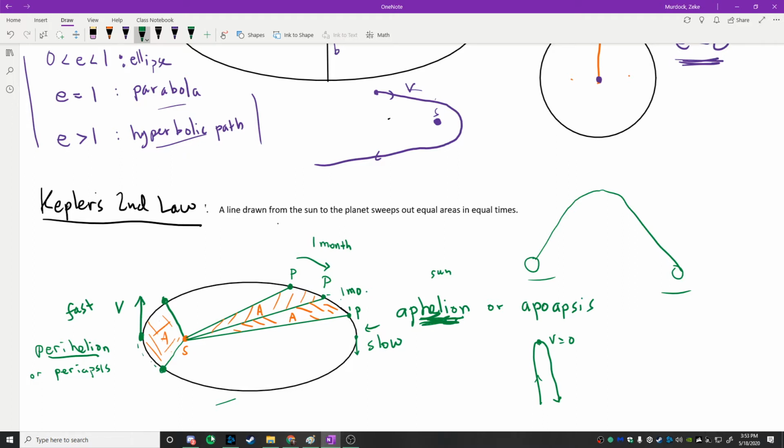But you guys get the idea? So that's Kepler's second law. Now, we'll prove this once we introduce Newton's law of gravity, okay? We'll actually physically prove, using angular momentum, where this is coming from. It turns out that what this really says, another way of saying it in modern language,